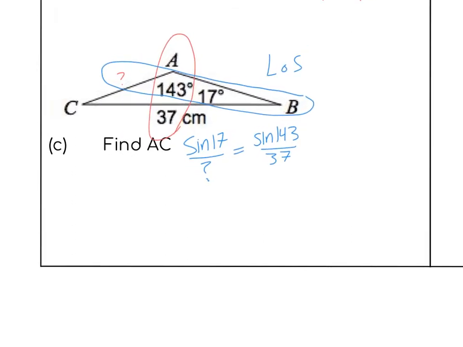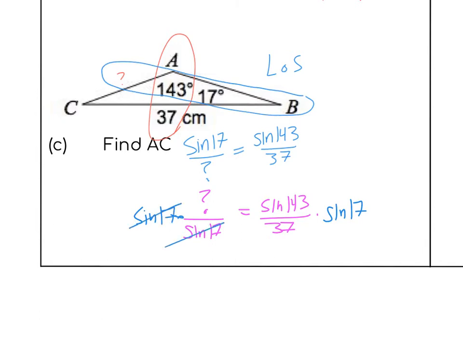Instead of doing this problem the same way we just did the previous one, I'm going to reciprocal both sides and rewrite this as question mark over sine of 17 is equal to sine of 143 over 37. What this does is it saves me a step, because if I multiply both sides by sine of 17 to get that out of the denominator, I'm left with just what I was looking for, which is just that question mark. So I can literally type this into my calculator now. Sine of 143 divide by 37 times sine of 17. And when I do that,